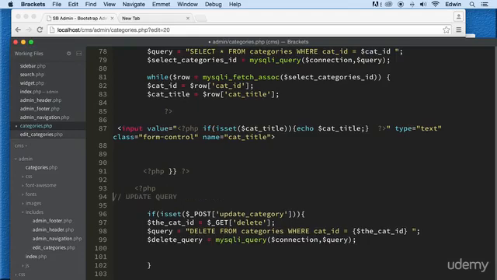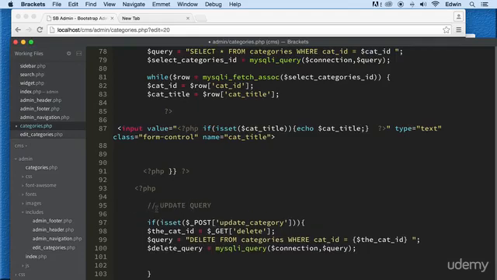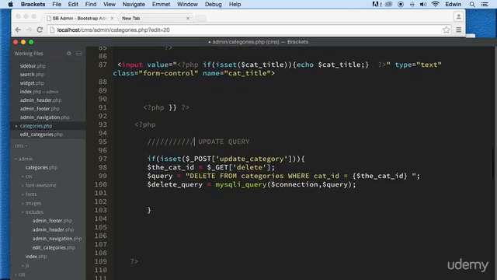Let's just make a little comment here, say update query. All right, put it right there. You can put as many as you like there, that's fine. So we're going to update the category. We're going to update this get request to post, and we're going to take this out here and make sure that we are doing the title. Take this delete out of there, and let's also make sure it's the cat title that we are getting from that field on top. And we're going to change this from delete to update categories,